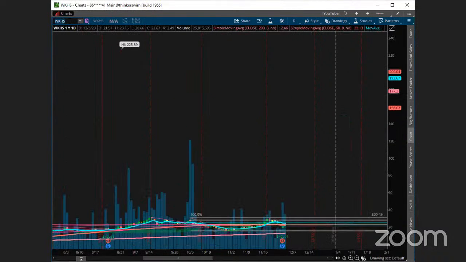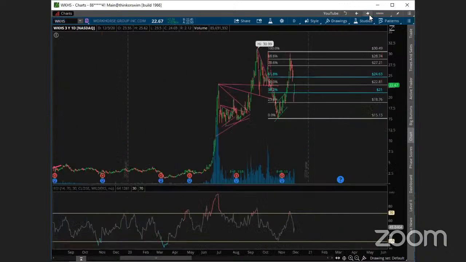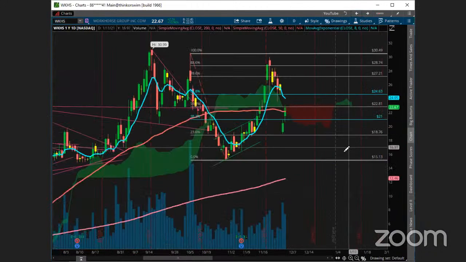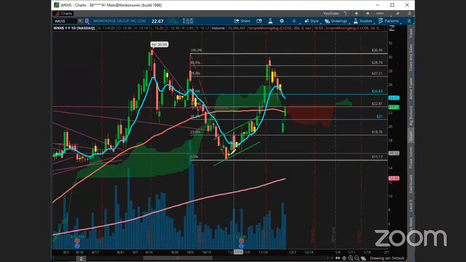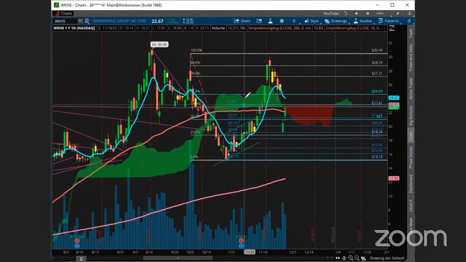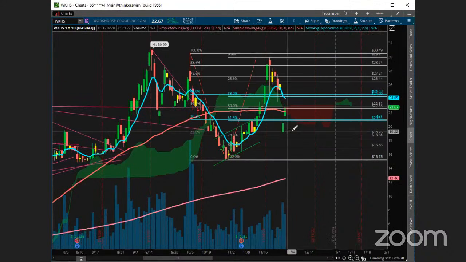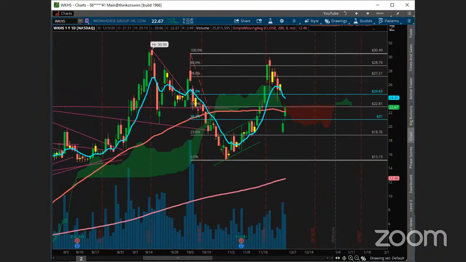Workhorse. Let's take a look. Yeah, Workhorse had a really strong move intraday today. The volume was pretty impressive on it intraday for a big move. I was almost like, what, is Tesla buying them out or something like that? But it was a good move back over the 50-day moving average and here at the cloud. It's a tough name to trade for sure. But it did pull back into the golden zone, right? The 618 to 786, and then started to work its way back up. So some pretty good stuff on Workhorse there.